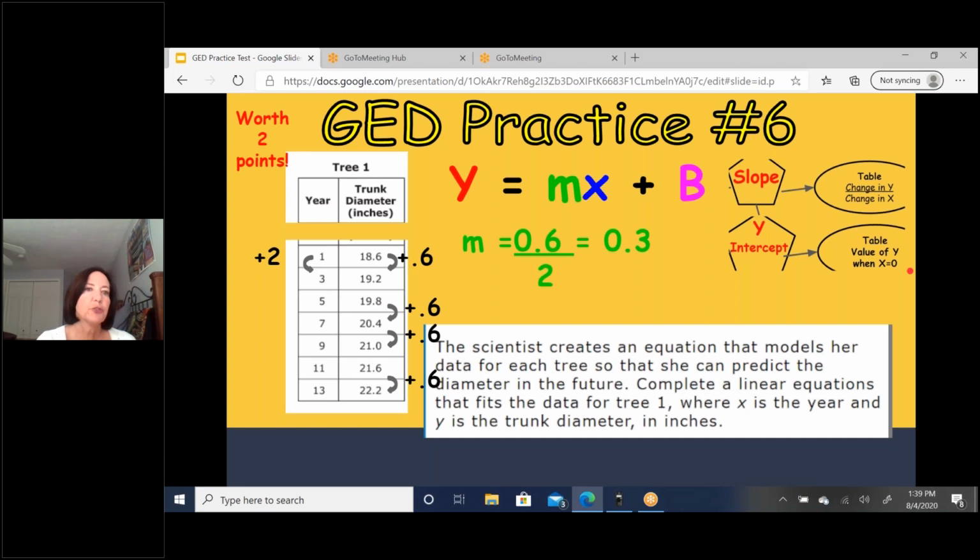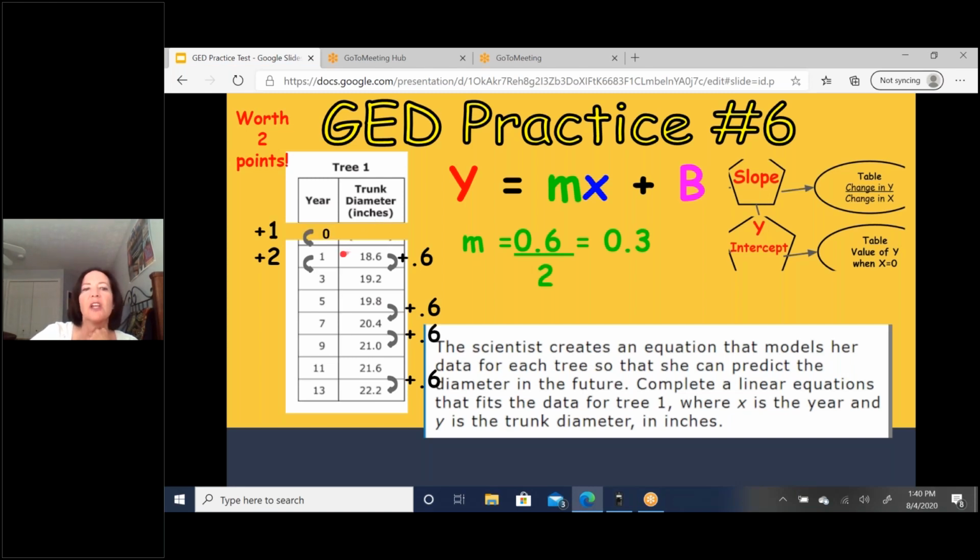this data is tricky a little bit because they didn't tell us the value at year 0, how big the trunk's diameter was. So it's our job to figure that out. So